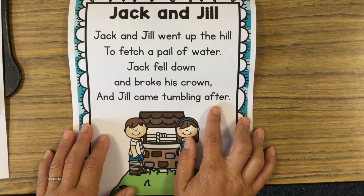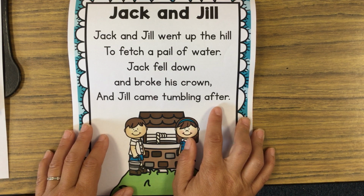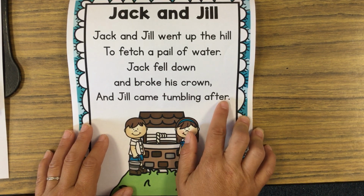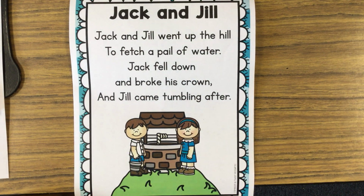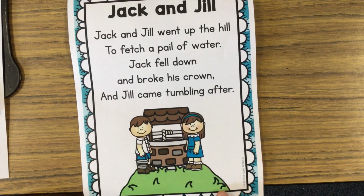Jack and Jill went up the hill to fetch a pail of water. Jack fell down and broke his crown, and Jill came tumbling after. Did you hear it? Water, after. Now, technically, they don't rhyme, but they have the same ending syllable, ter and ter. And so that works for a rhyme, and it just helps us remember the poem